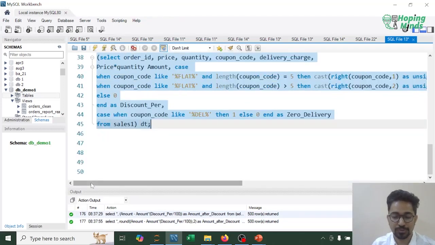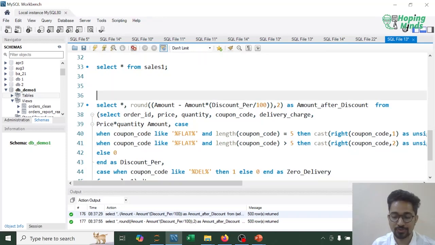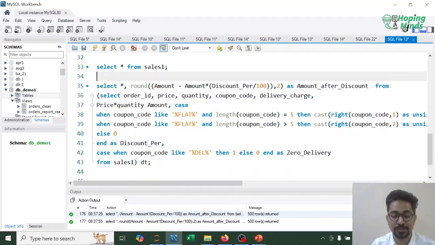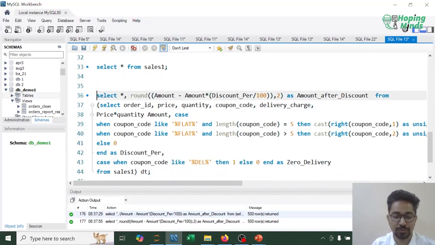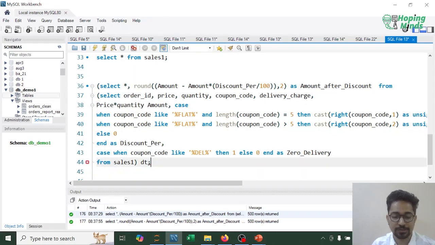Next, I need to compute. So we are solving it in steps, right? As you have seen, we are solving it in steps. So amount after discount आ गया. Next, I need to add the delivery charge. So इसी amount में we have to add the delivery charge. So again, I'll be wrapping it in a subquery again. So let's call this dt2. Alright, and over here I'm writing select star from, and star के बाद हमने यहाँ पे लिखा amount after discount,